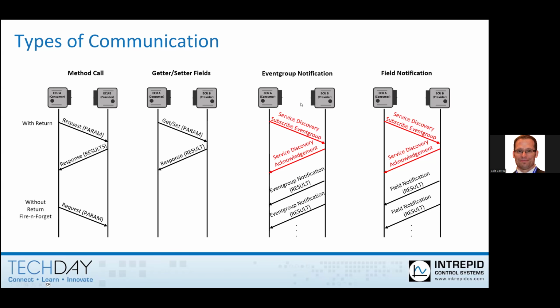So the way it works here is let's just assume you know about the service already in advance, and then the ECU will say, I want to subscribe to this particular service that this provider offers. The provider then will send a response, a service discovery acknowledgement that things did go well, and everything is a good result. And then from there, the provider will automatically send event notifications to the consumer IP address. This is all based on IP communication from the provider to the consumer whenever an event group notification happens.